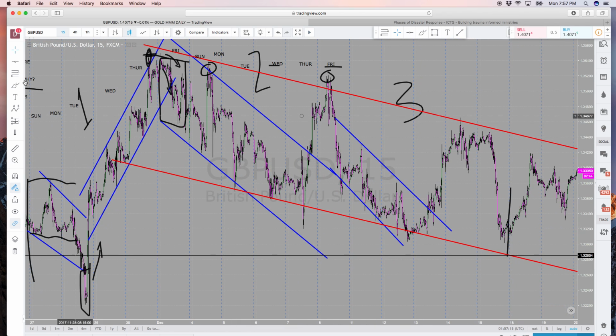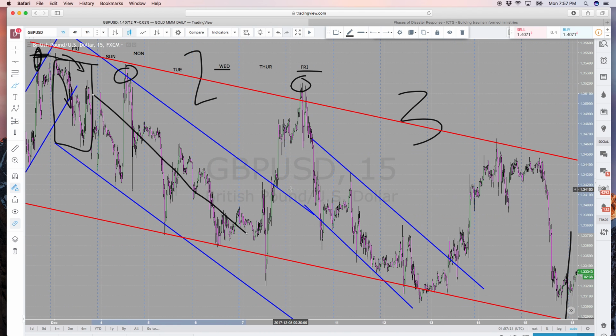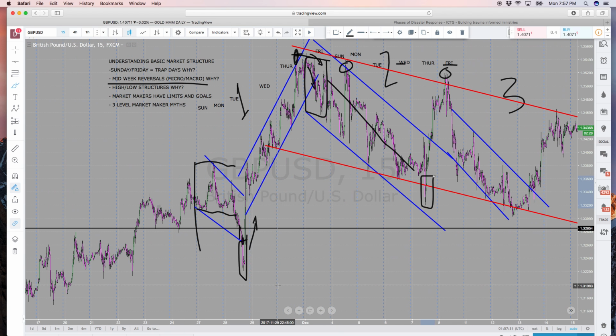This exact same concept here, where we have 3 days of drop, 3 or 4 days of drop, where the market maker induces retail traders to sell. And then here's that one last attempt to make them sell, right? Same thing happens. 2 days, 1, 2,